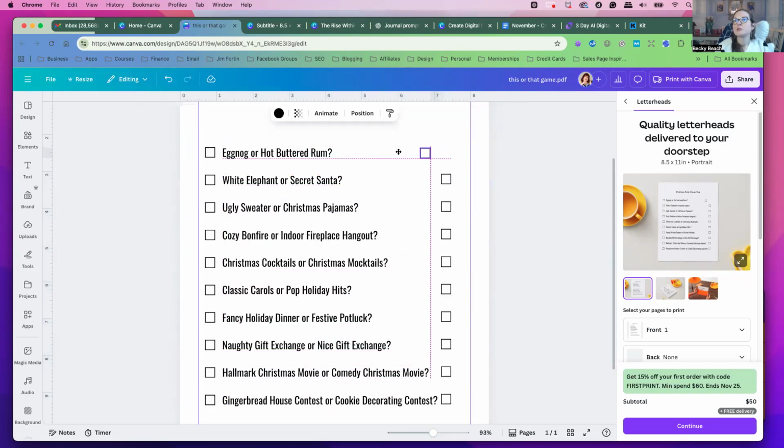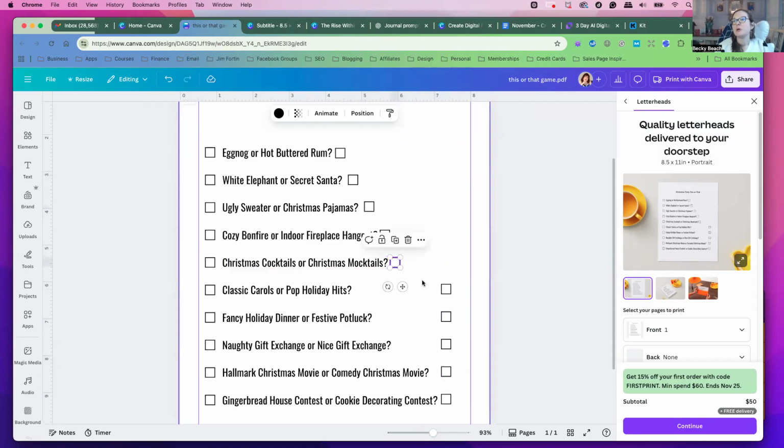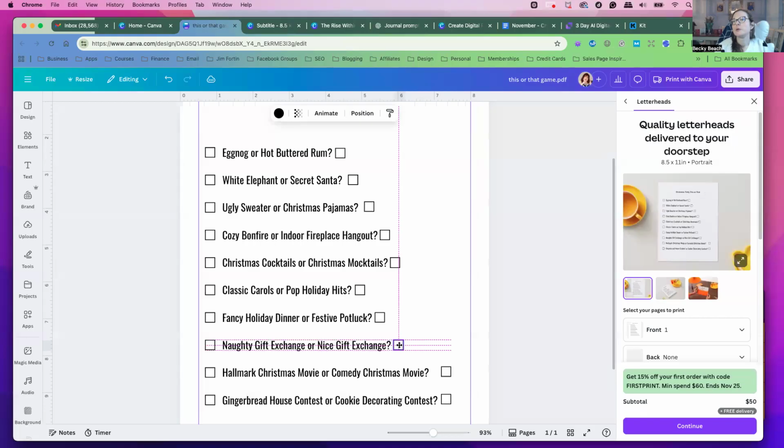I'll just put these all next to each other so they have to select that or that one. I think that would look good. And then we can decorate it with Christmas graphics, like they do, the fun part. Yeah, that could be very cute.